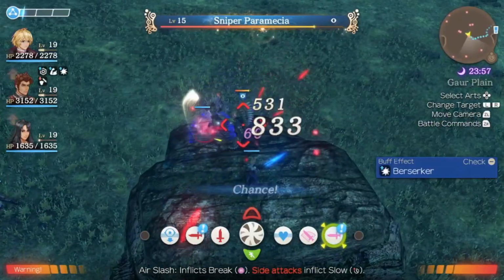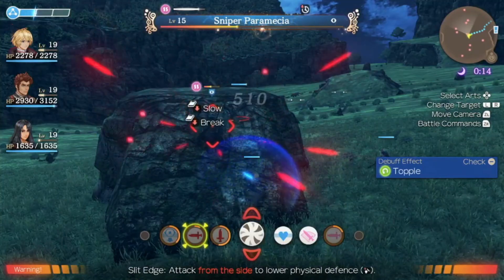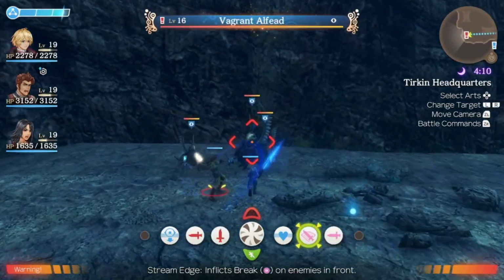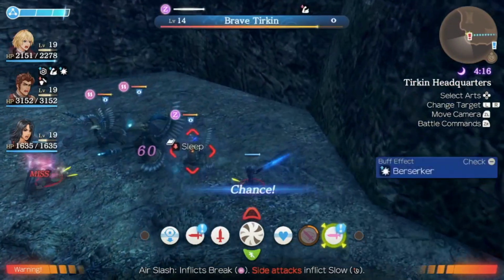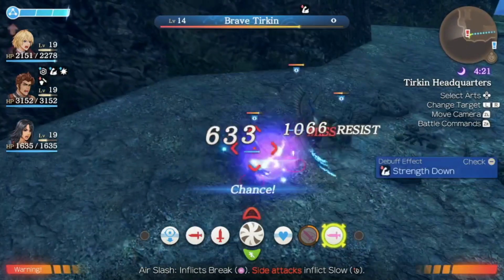Going from the Jabos Rock rest area immediately south, you'll find Sniper Paramecia, although you've got a quest for it, so it's not that big of a deal to find. And Vagrant Al, feared at the Turkan headquarters. One good strategy to take this guy is basically wipe out all the mooks by luring them away and picking him off one by one